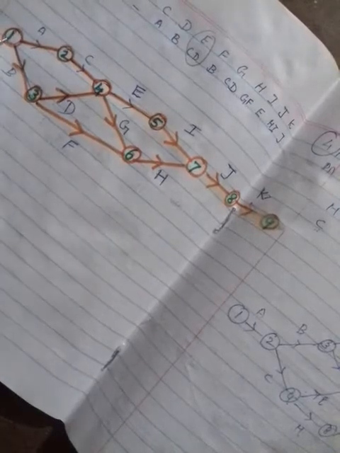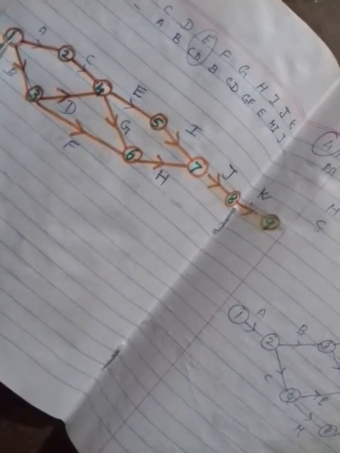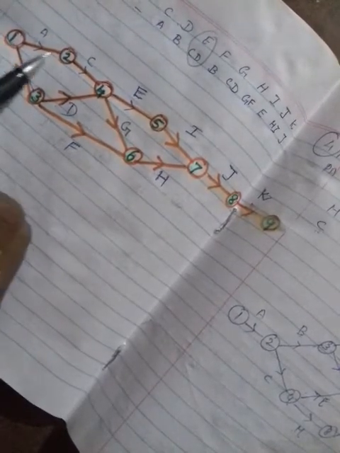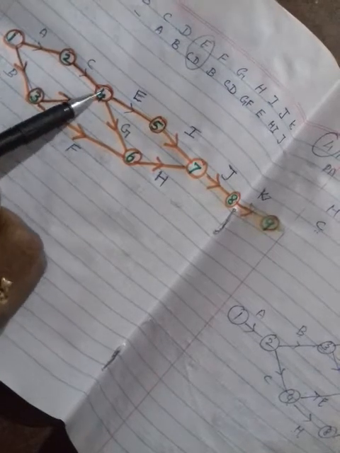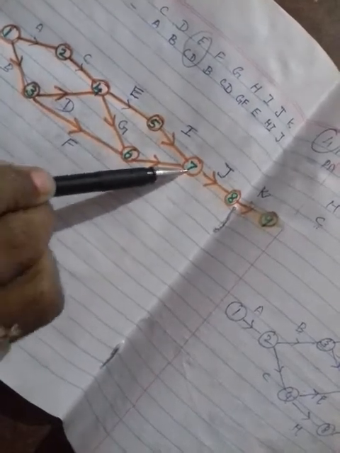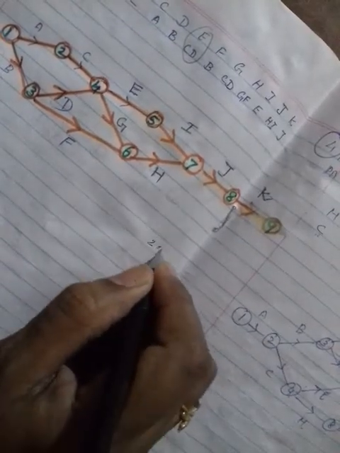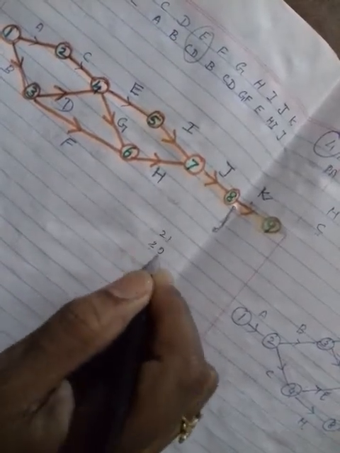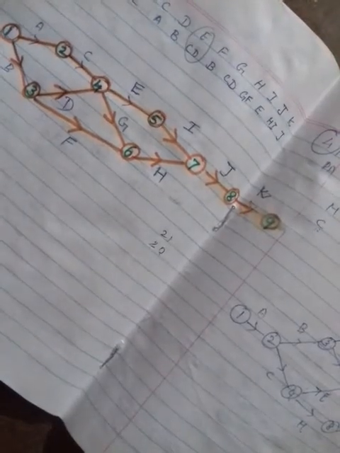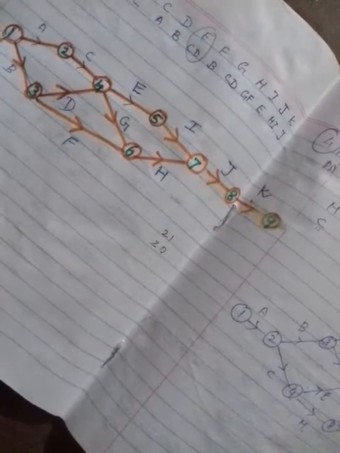Here you also have another path. You can start from 1, then go to the second, then fourth, then come down to sixth, then seventh, eighth, and ninth. If you add the durations of this path, you will get a different time duration, say for example 20 days. The first path is 21 days, the second path is 20 days. And you can see there is another path.